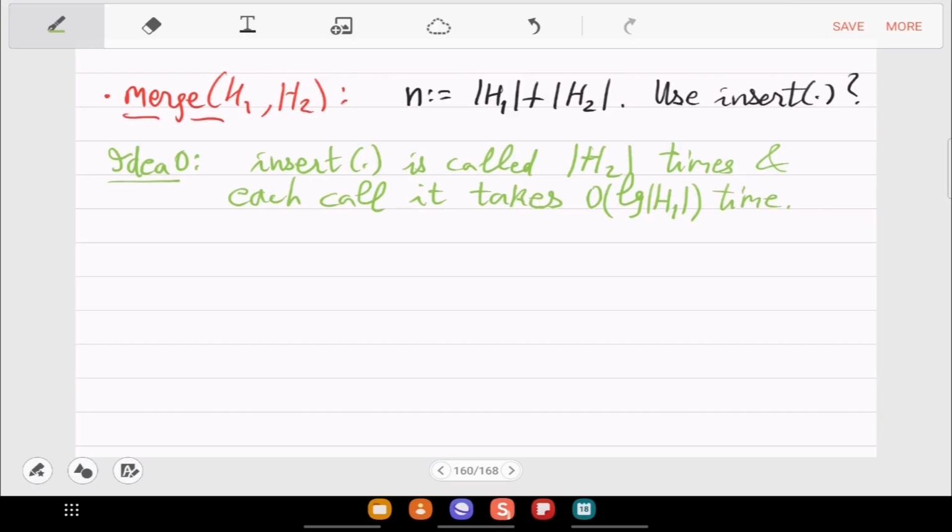Okay, so you have to call it h2 times, and every time, since you have to insert this element in heap h1 and you don't know what the element is, don't have any properties on the element, it may take maximum height of h1 much time. So it's h2 multiplied by log h1,